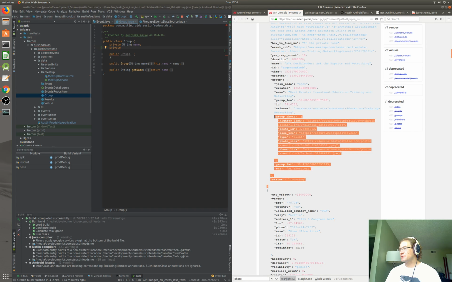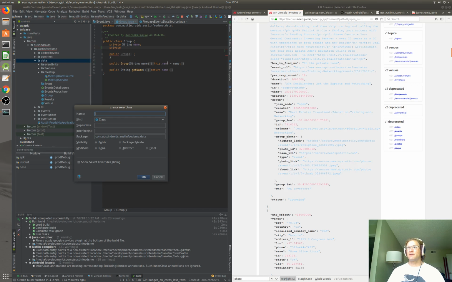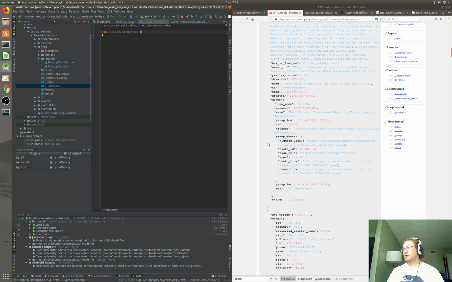So why is something breaking? I guess, you know what, we can just do it by hand. So we're going to create a Java class. I know it says Kotlin, but for this piece we're going to create a group photo object. And inside our group photo object, let's use our high-res link. I did some analysis, and the high-res sometimes is smaller than the thumb link. It's weird, but let's say we just want the high-res link. So we're going to do a group photo object,